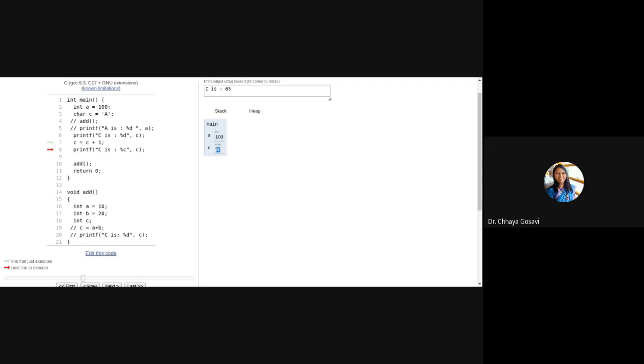So it has incremented 65 to 66, and 66 is mapping to character B. So character capital B is stored at that location, which is represented by small c. When you print %c, it will print character B.